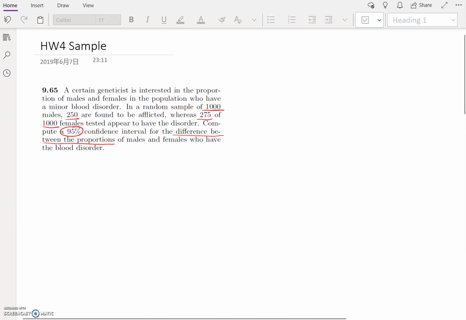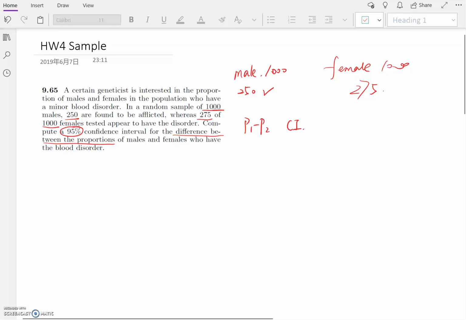From the question we can know for males it's 1,000 and there are 250 who have the blood disorder, and in females it's 1,000 but only 275 are disordered. So you want the CI for P1 minus P2. Okay, from the lecture notes we can know